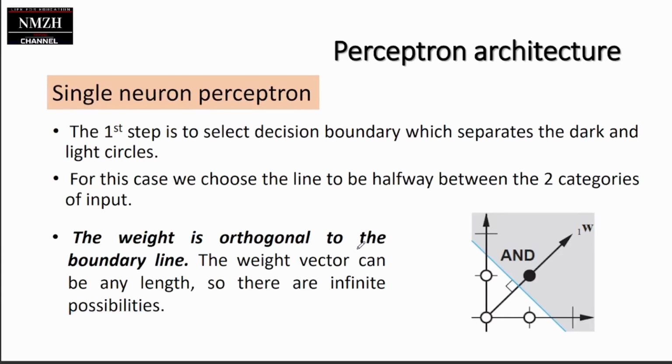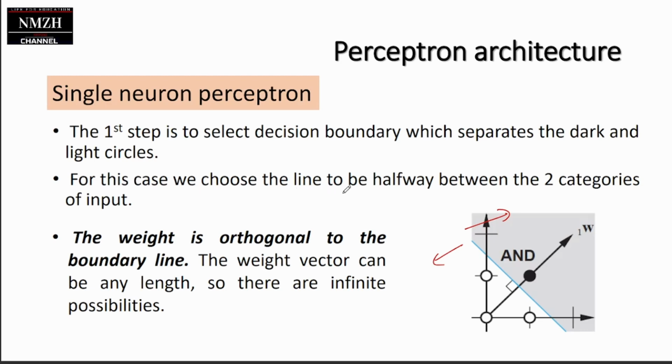Okay, right. So how we do it, basically the first step is to select the decision boundary which separates the dark and the light circle. So what we're going to do is choose the line in order to separate the two classes, this side and this side. So meaning the line has to separate the two categories of data, so obviously in the middle of this. Okay. All right. So then